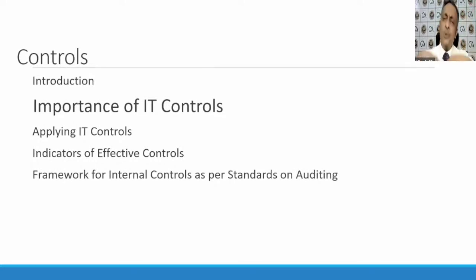Okay. So let me put a question to you before we go there. What will happen if controls are not there? What happens when controls are not there? Answer by your knowledge. Answer by your understanding. Answer by the way we have discussed. Controls nahi honge to kya hoga? What will happen if controls are not there? Just try to answer. We have already discussed the question. Okay. By the time, let me see what you have said.